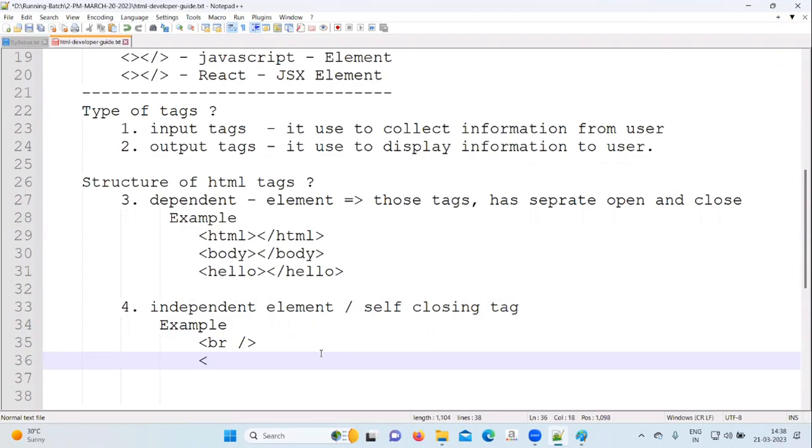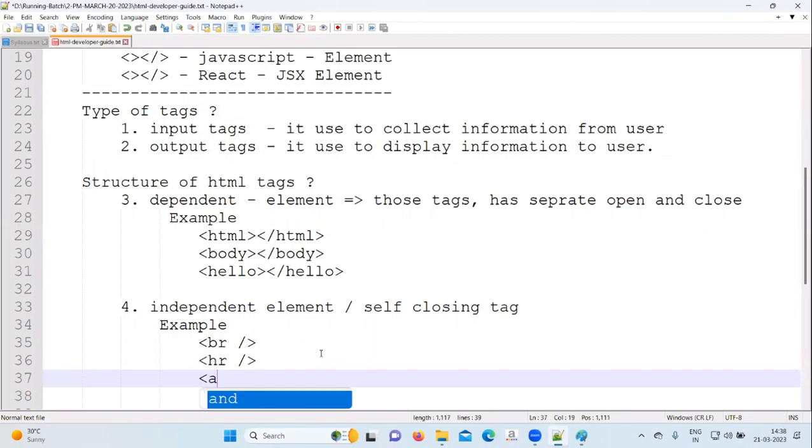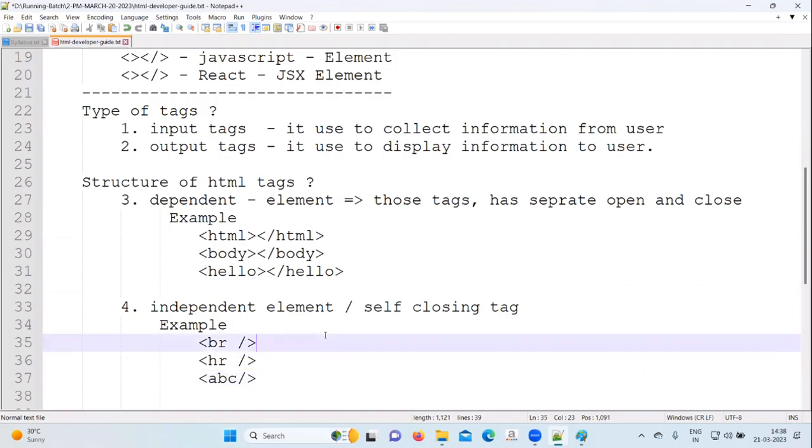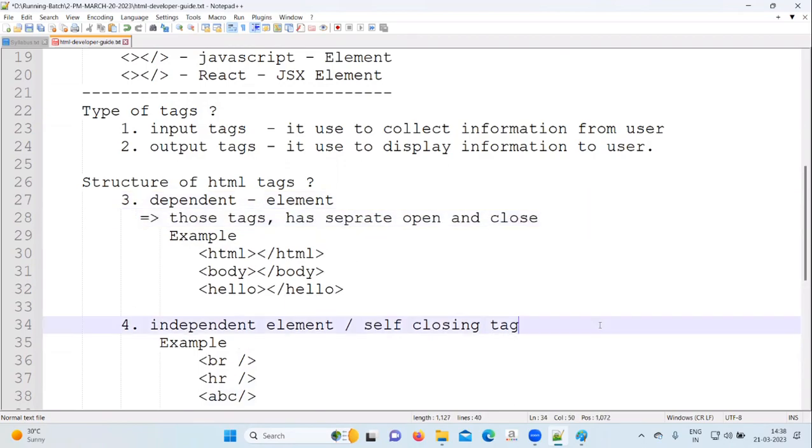Here you can add some more tags. BR is written. Add one more tag, HR. You can write here an ABC tag, closed at the end. User defined, predefined, both will be part of independent tags as well as dependent tags. Self-closing tag: what will you write in that? One line of answer. You will write one line. Those tags